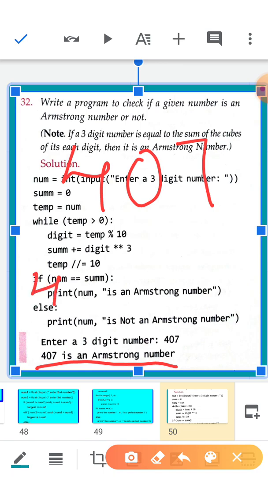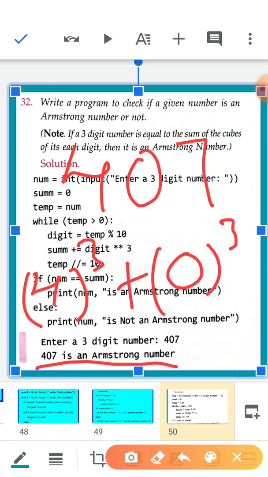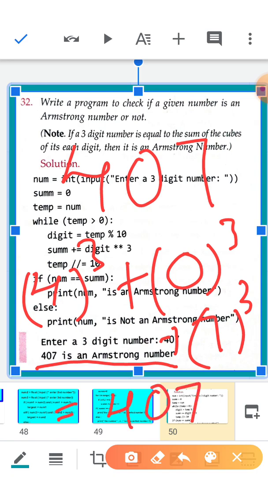It means 4 cube plus 0 cube plus 7 cube, you will again get 407. If this condition is satisfied, that number is an Armstrong number.